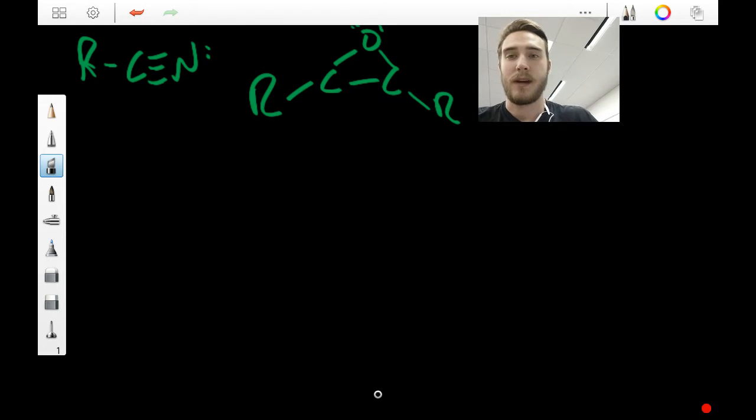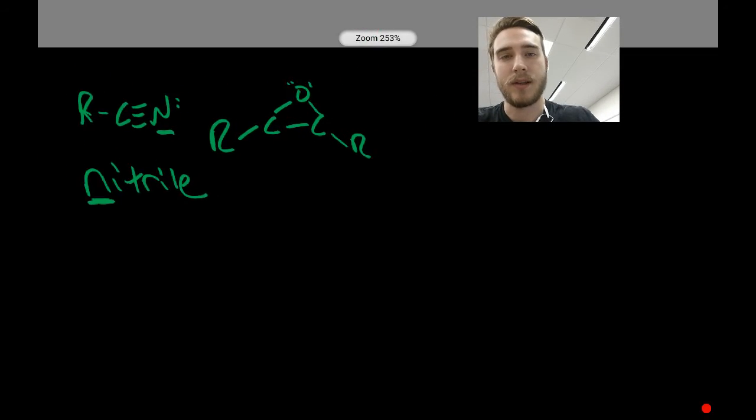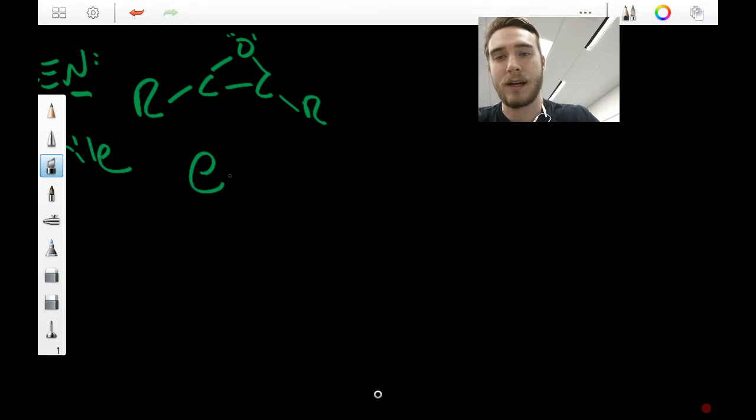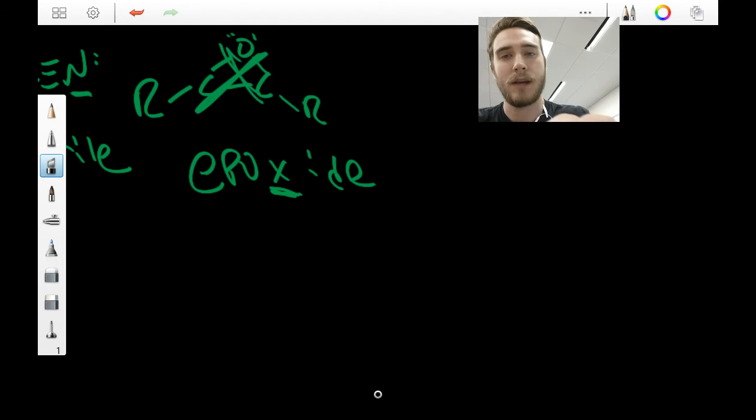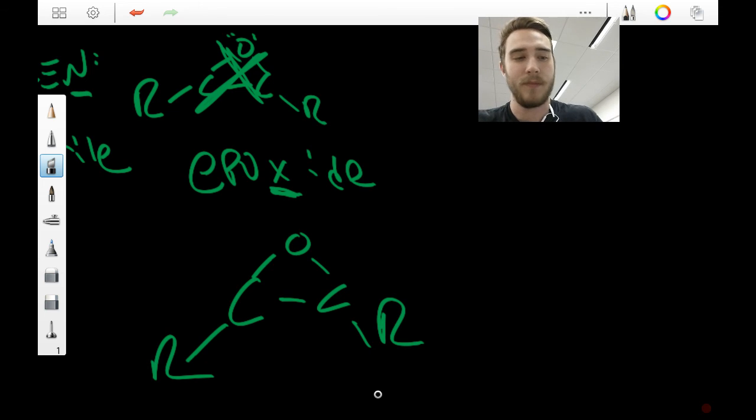And last but not least, we have two lesser known functional groups. We call this one right here a nitrile. We can remember that there's an N for nitrile. And we call this one right here an epoxide. I remember it because there's an X in epoxide, and this kind of makes an X shape. Okay, epoxides just have a triangle formation between one oxygen and two carbons, with R groups on the side. So let's do